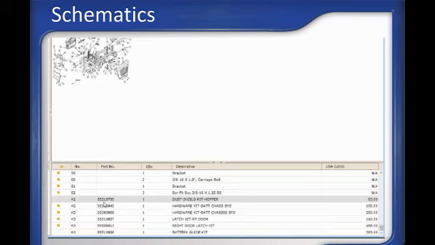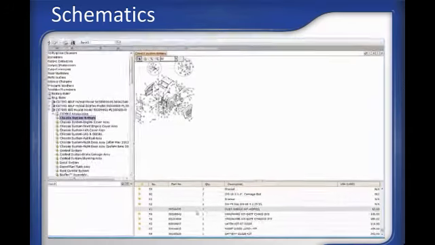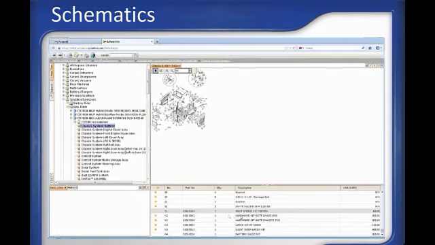Now, an important note is that some of the information is filtered in the tree, and based on your login, you may not have access to that information. A nice little pop-up window will tell you if you do not. If you need access to that information, then of course you have to contact Nilfisk Advance, and they'll adjust your user settings so that you can have